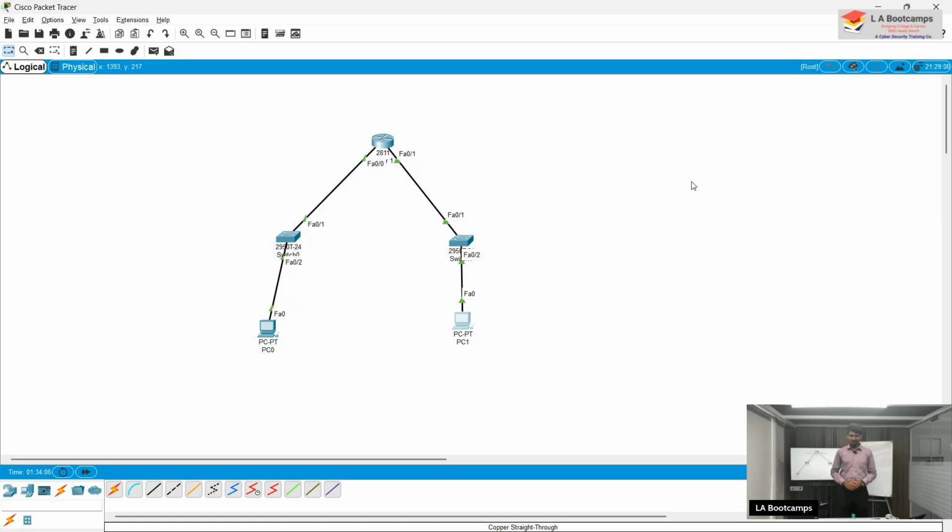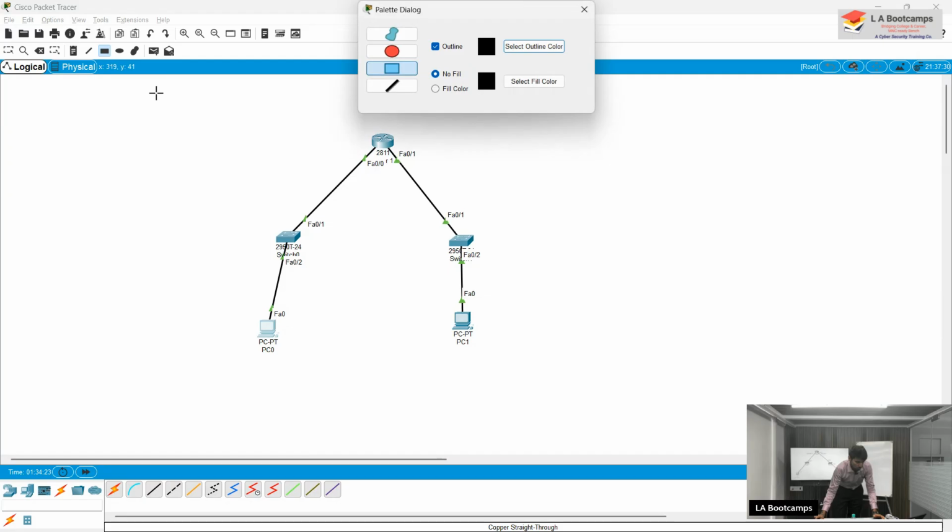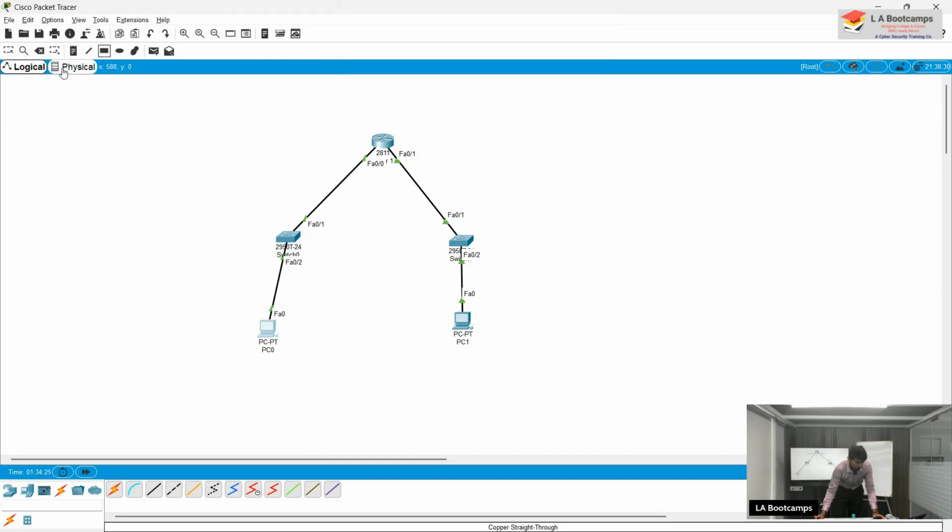Okay, so now let's get a quick recap of what we have done till now. We have taken two PCs here, two switches here, and one router here. On the left side, I've assigned an IP address. I can write the IP address here so that you can understand properly. On the left side, I've given IP address 1.1. On the right side, I've assigned